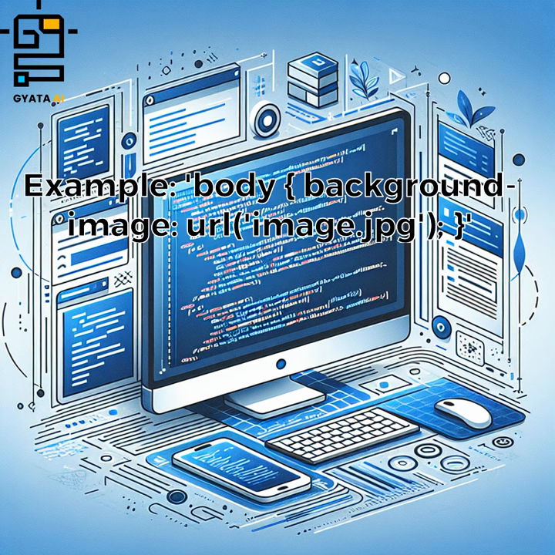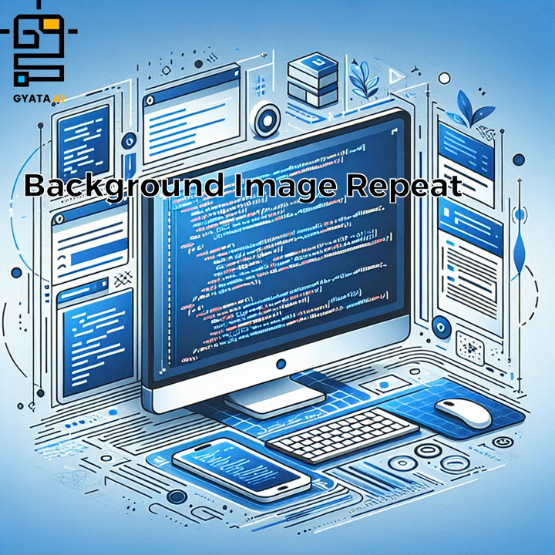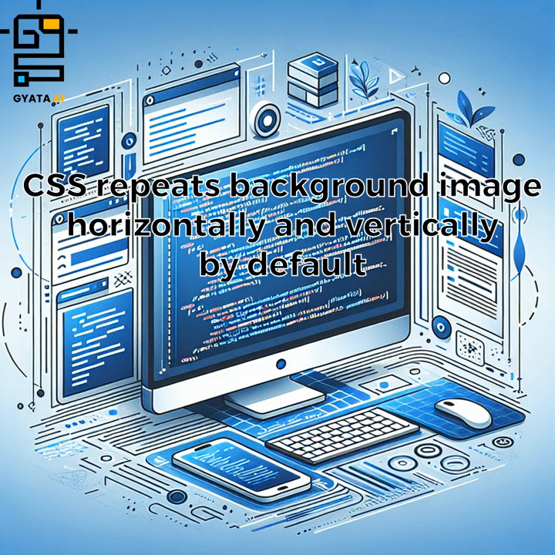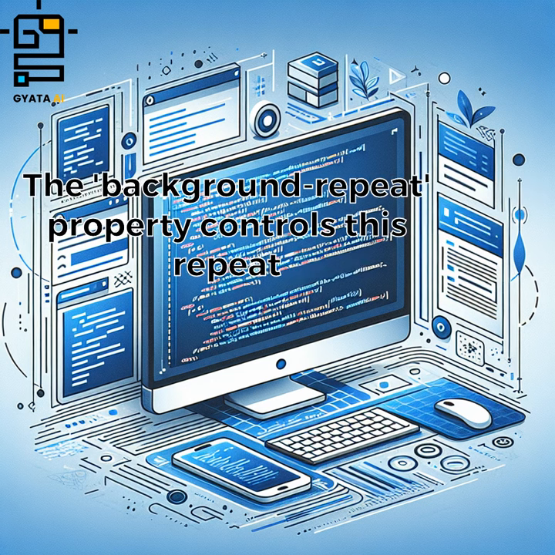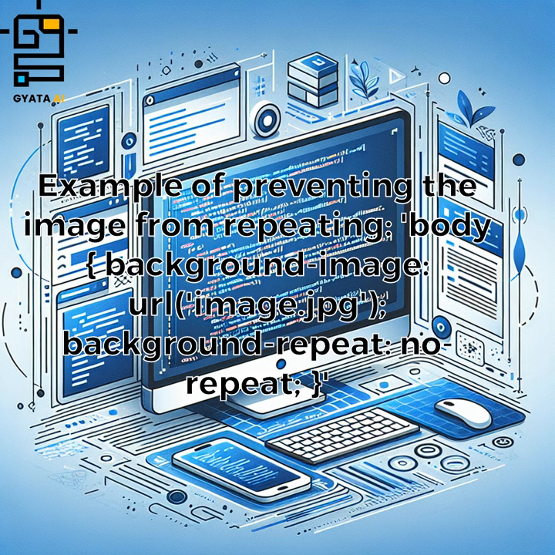Example: body { background-image }. Background image repeat. CSS repeats the background image horizontally and vertically by default. The background-repeat property controls this repeat. Example of preventing the image from repeating: body { background-image: url(image.jpg); background-repeat: no-repeat; }